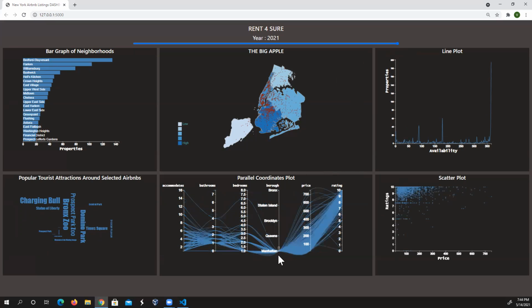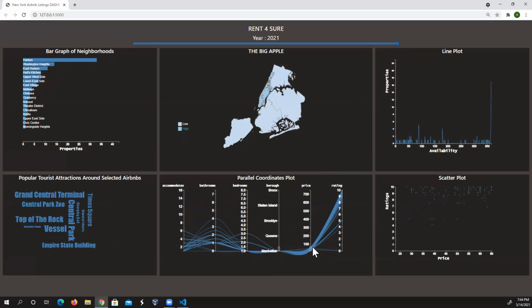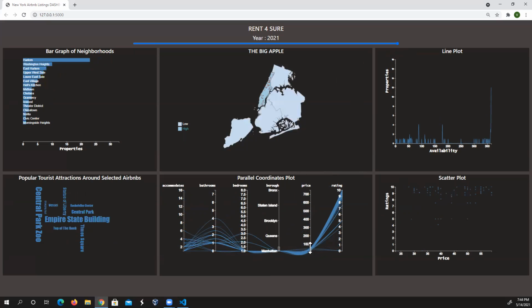So let's filter out Manhattan. If we try to filter out properties which are below $50, a little bit less, you can see that most properties are in the northern part of Manhattan.